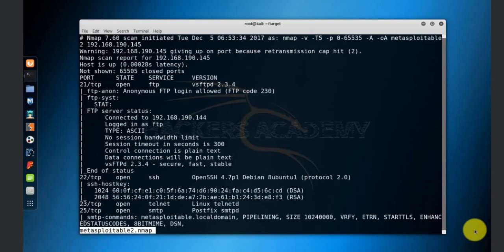So this covers the port scanning bit. As you can see, there's a lot of ports open on the target machine. There's a lot of services running on the target machine. And now